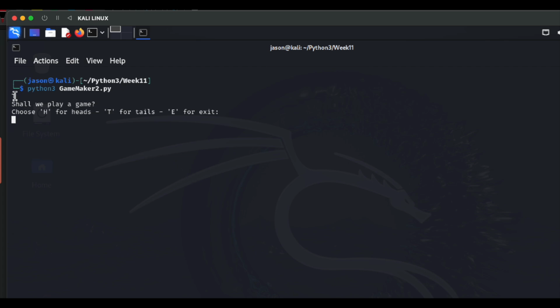Now we can see that the result is already here. So if I want to win some quick cash, guess what? I win and I have 140 in my bank. Now it says no, there's really no way that I can win, because if I choose anything besides heads or tails, it'll end the game. So I'm just gonna lose on purpose just to check the logic.